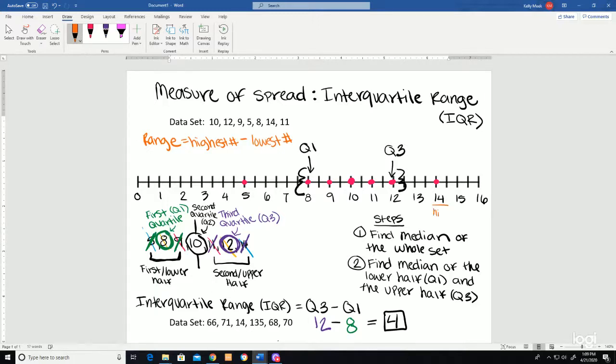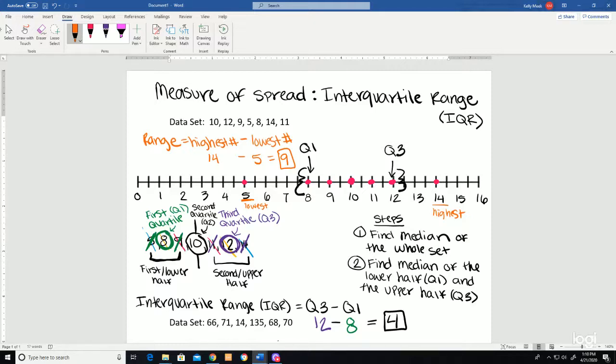This is your highest, okay? And you would subtract it from your lowest, which our lowest number here is 5. So the range is actually 9. If they ask you about the range, they're talking about what is the difference between the highest and the lowest in your data. When they're talking about the interquartile range, they want to know the difference between your Q3,